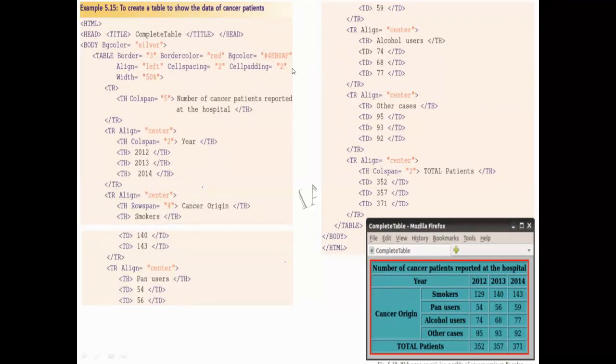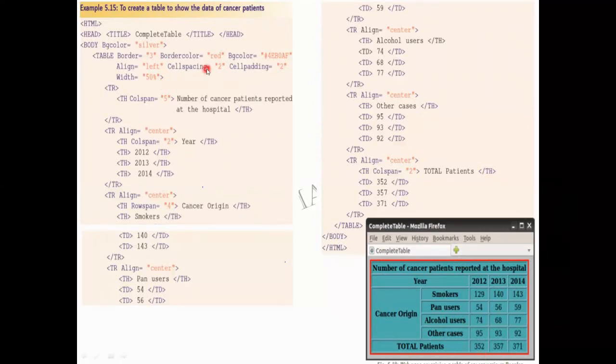So this part of creating a table, you are all familiar with now. Border, and if you want a color, you can give the color. Nothing wrong in it. You can give the background color you want, then alignment, cell spacing, cell padding, width and the rest. All these you have learned, so you will not have a doubt in this part. The next part is, like this you will receive an output, a table structure. You have to understand it very carefully and do it.